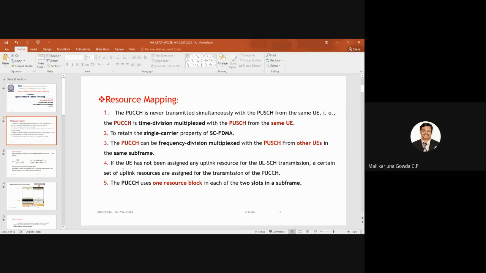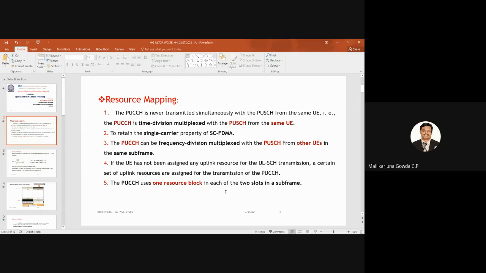Then, if the user equipment has not been assigned any uplink resource for the uplink shared channel transmission, then a certain set of uplink resources are assigned for the transmission of the physical uplink control channel. The physical uplink control channel uses one resource block in each of the two slots in a subframe. What I mean to say is PUCCH uses one resource block in each of the two slots in a subframe,